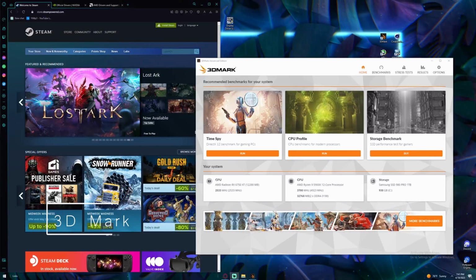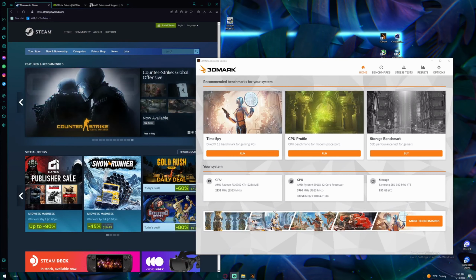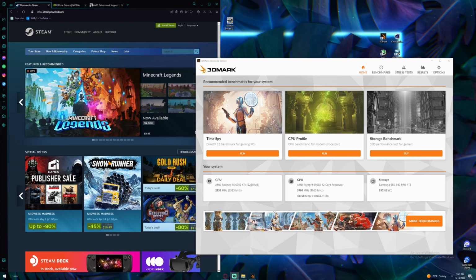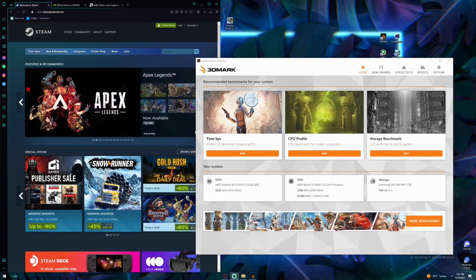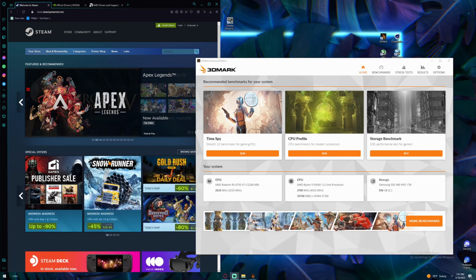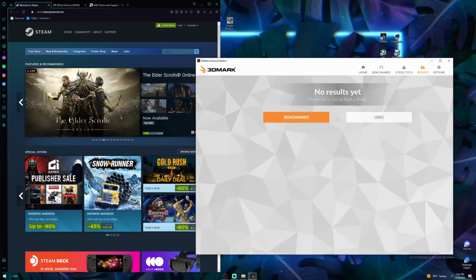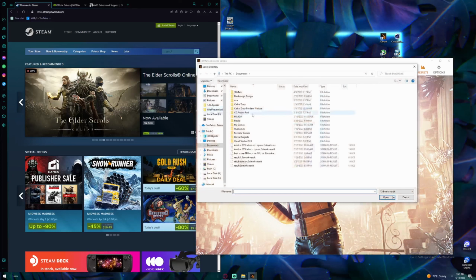Once you get into 3D Mark, this is what it should look like. Now this is the paid for version. It recently became a paid for application for the full thing, but the base thing that's free, you'll be able to download Demo TimeSpy. And even with the demo, it'll run through your entire system and give you a full spec list. And it should tell you at the end, I'm just gonna click on results to show you, but it should tell you